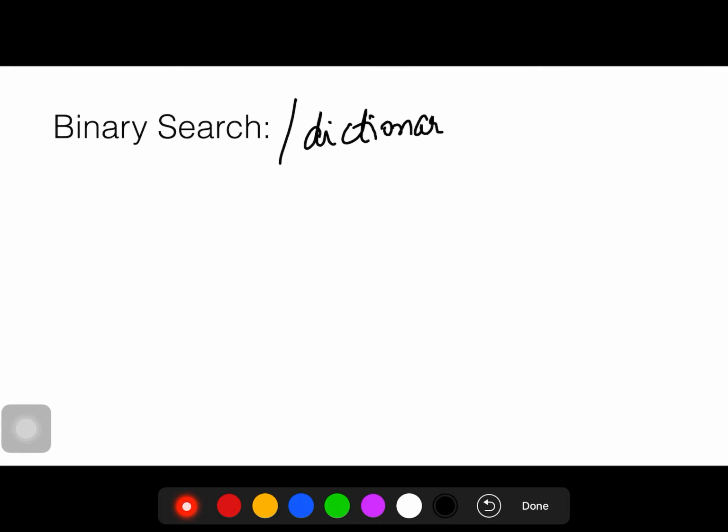What will we do in searching a word in a dictionary? Suppose you have to search a word mammoth in the dictionary. What will we do? We will open the dictionary in the center, at any page. If we find the word mammoth in that location, what will we do?